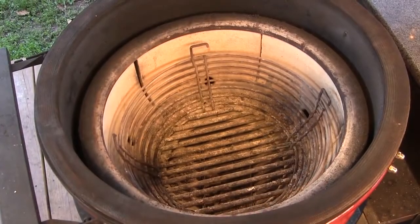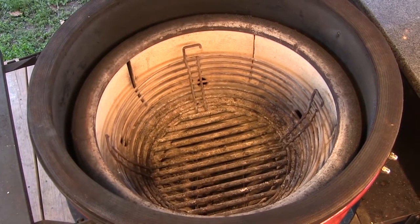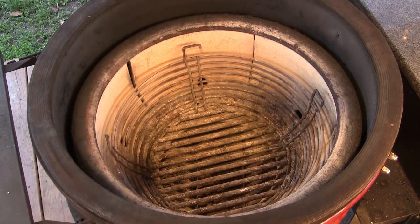You're going to want to start this process with a clean firebox. You want to get all the debris and all the ash out of your firebox. You're going to remove your divide and conquer rack. If you are using a charcoal basket, you can leave it in place, but you want to take the divide